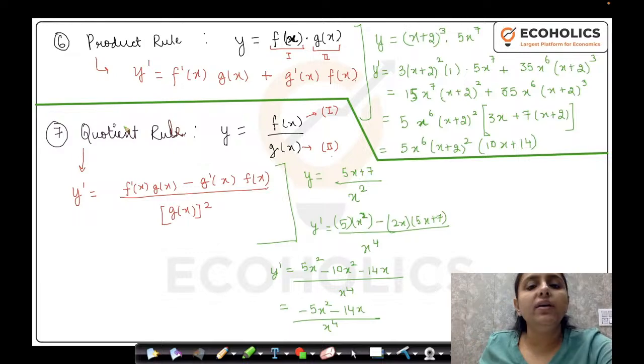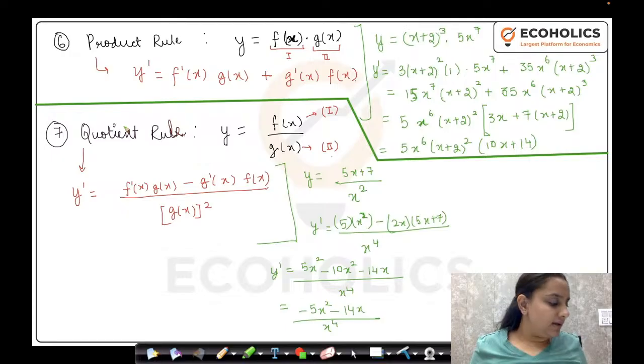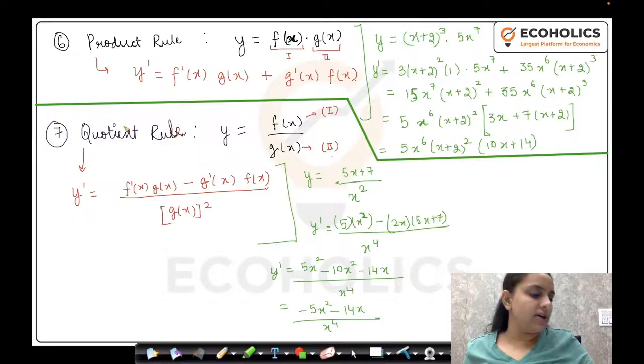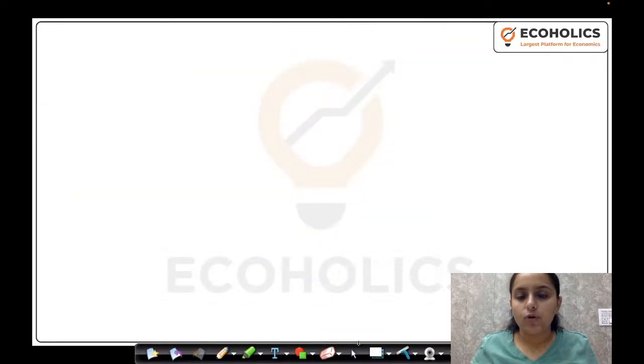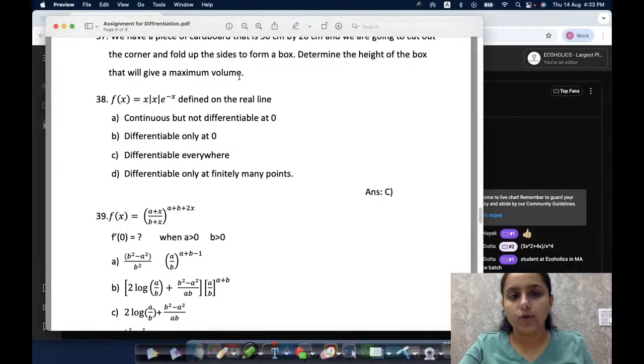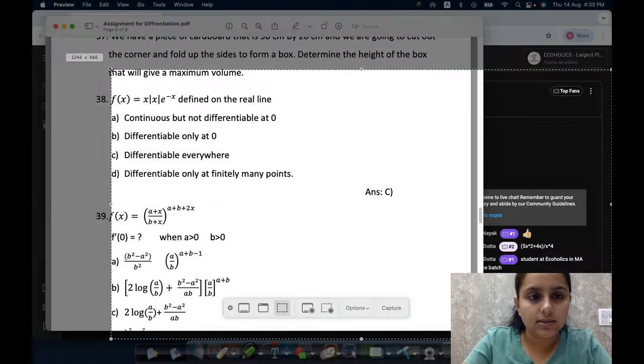ठीक, तो अभी we have learned some of the most important non-linear functions and their derivatives as well. अभी हमने क्या सीखा? Their derivatives and the functions for most important functions basically. ठीक है. Now let me take up one question which I brought for you all. A very important kind of question it is. एक बड़ा ही important question है ये. ठीक है, चलो let's just